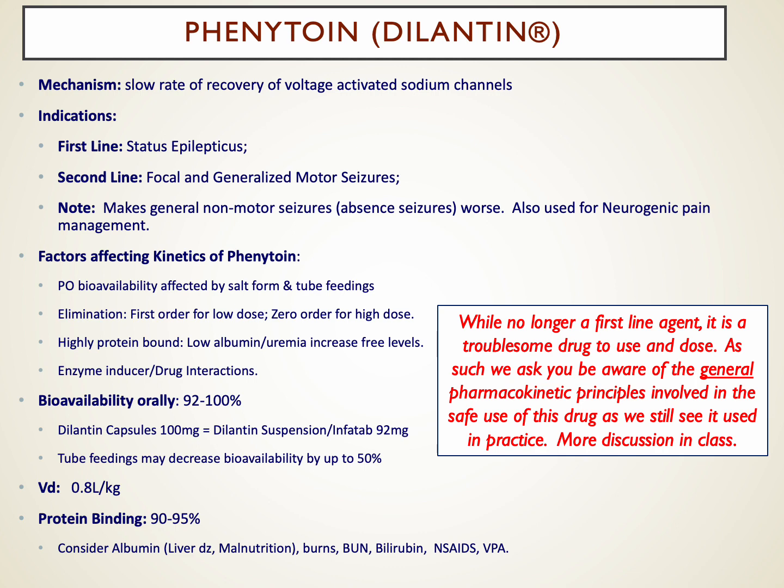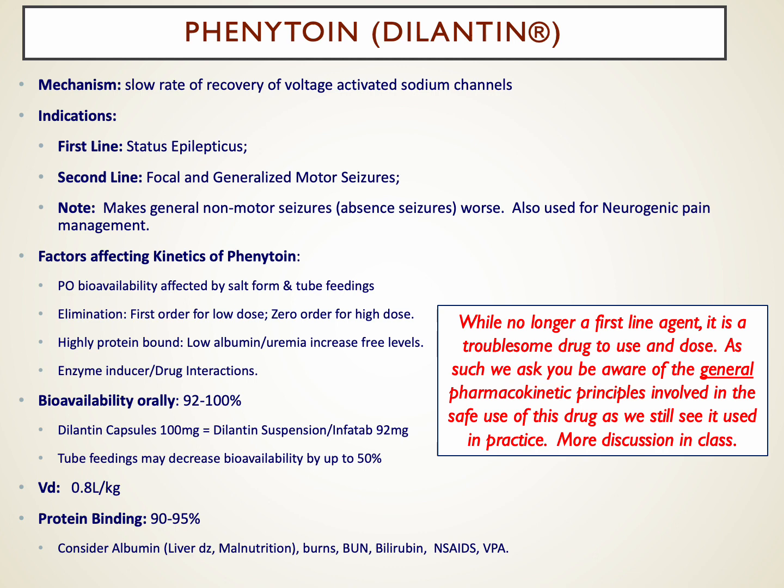That makes phenytoin dosing complicated. It's also protein bound to albumin, and so in patients with low albumin levels, or with competing other drugs that bind to albumin, or who have uremia or renal failure, those folks have an elevated percentage of the phenytoin freed across membranes. That makes phenytoin more complicated to dose as well. And then phenytoin has many drug interactions. It's an enzyme-inducing agent, and it interacts with many other drugs, and we'll look at that drug interaction pattern for phenytoin a little later on in this presentation.